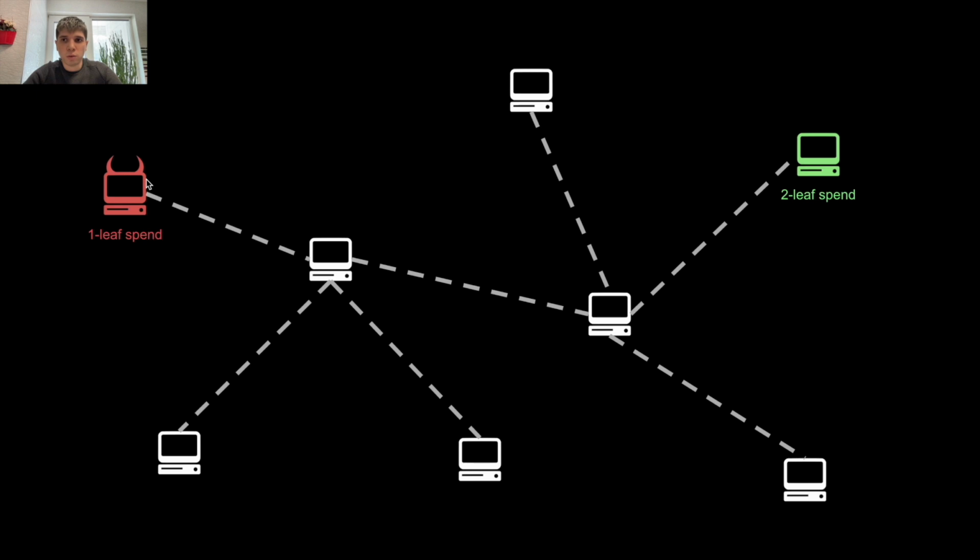The honest node does a 2-leaf span and the evil node does a 1-leaf span. So there are actually 2 trades happening in a transaction. This is a 2-slot span, but the evil node ignores one of these slots, right? And in that case,